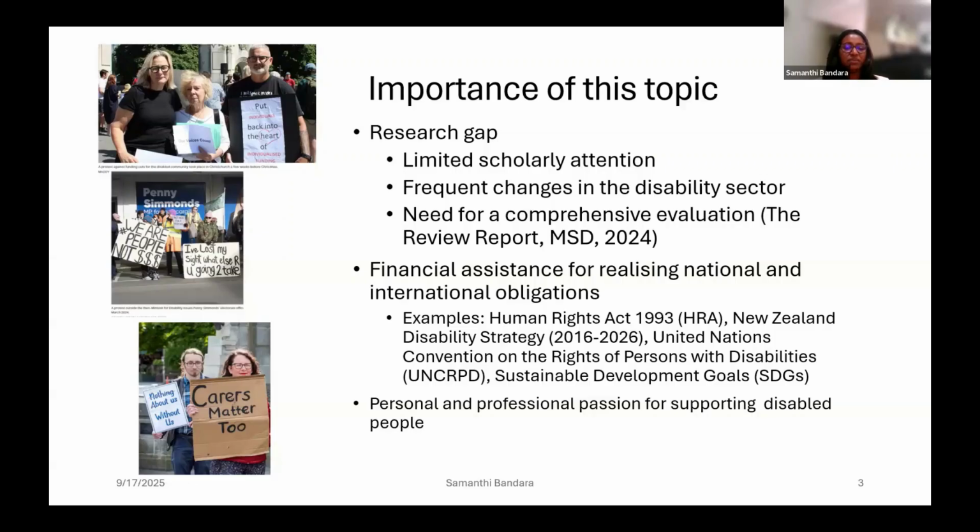So no one knows whether the policy is responsive to the real needs of people. Therefore, evaluation is necessarily important. So that is another reason. So the other one is